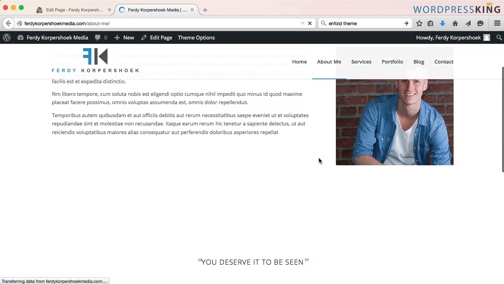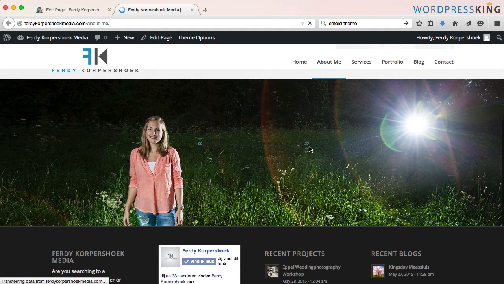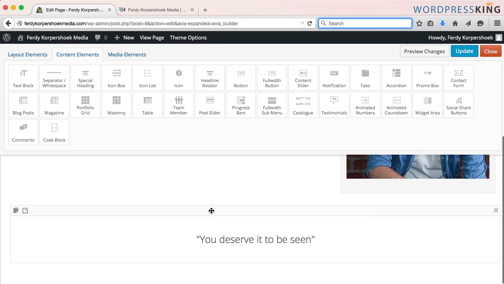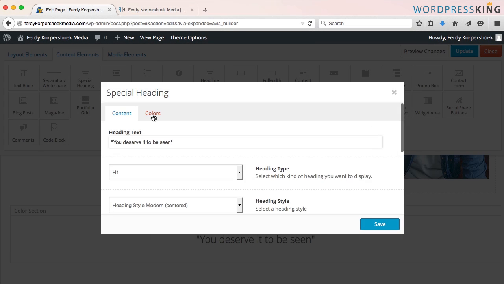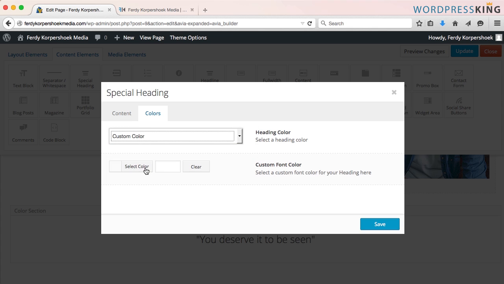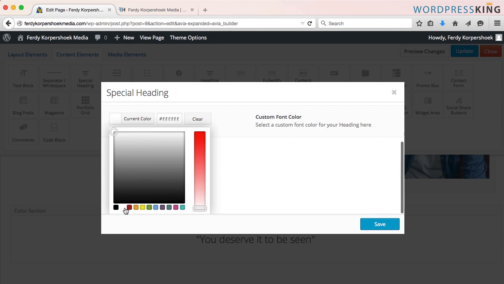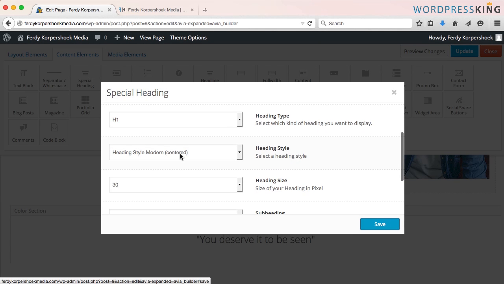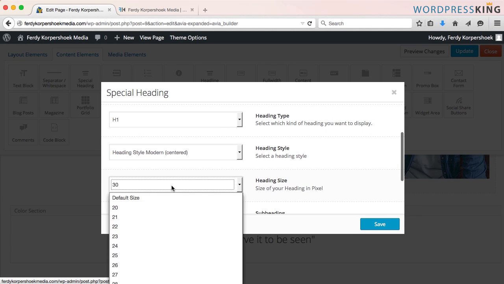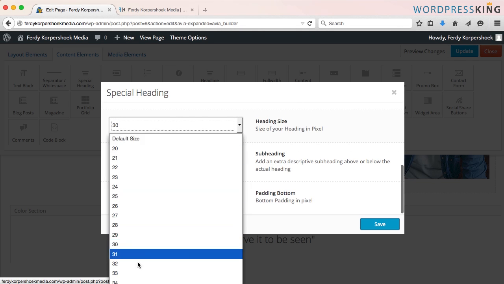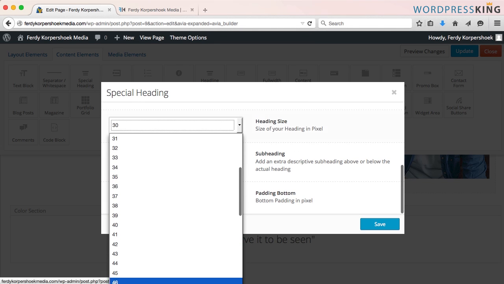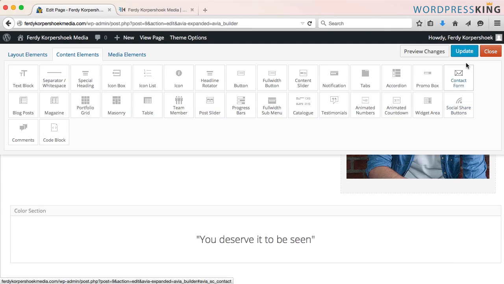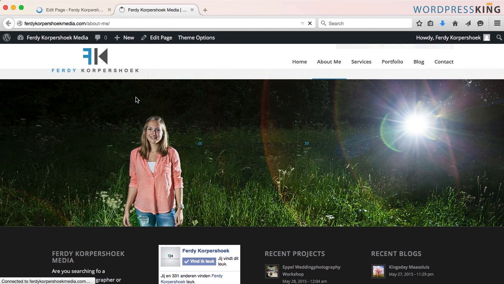I scroll down and you see this in black. I don't want it to be seen in black. So I scroll down, I click on it, I go to colors, custom color, of course, white. It's quite small, I think, the heading size. So I make it 50, I save it, I update it, I refresh the page,